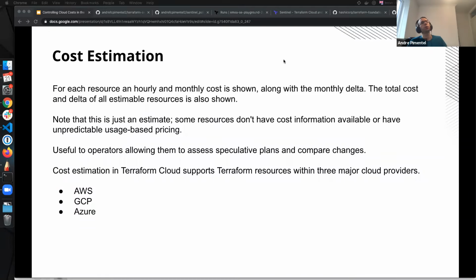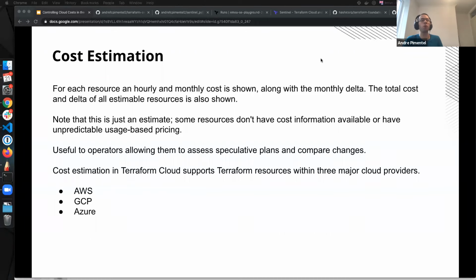For each resource, there will be an hourly and monthly cost shown. Also, there will be a logical breakdown of some properties that you pay for in the resources. I will show that in the demo. And also, there will be a monthly delta. So if you run Terraform from zero, there will be the total cost of those resources.